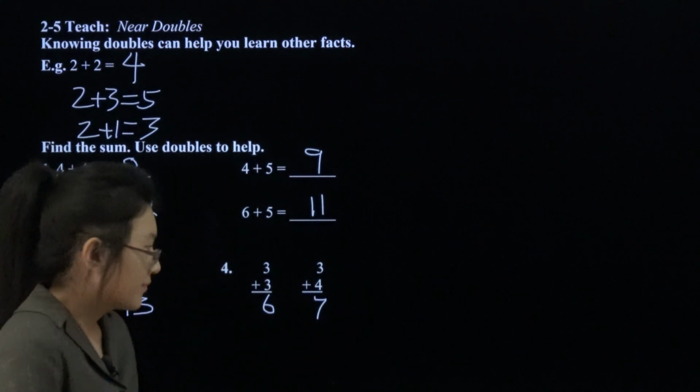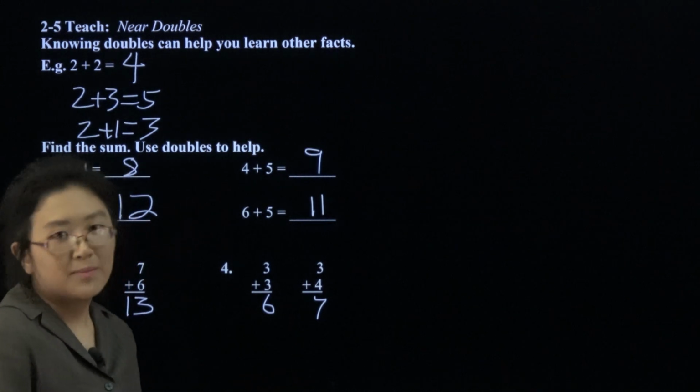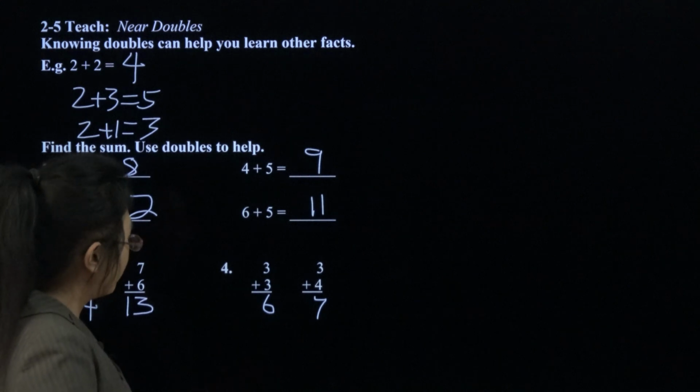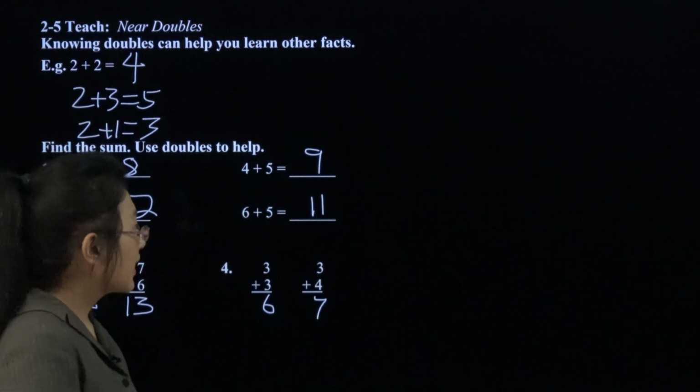Now, okay. Because 3 plus 4 is 1 bigger than 3 plus 3. So 3 plus 4 would be 1 bigger than 3 plus 3, which is 7, which is 1 bigger than 6. Anyhow,